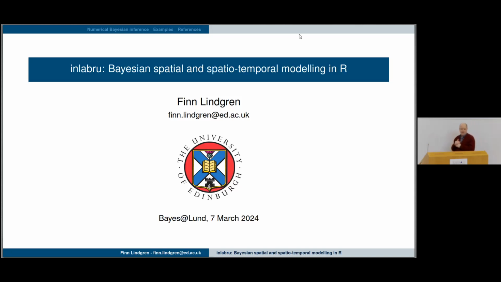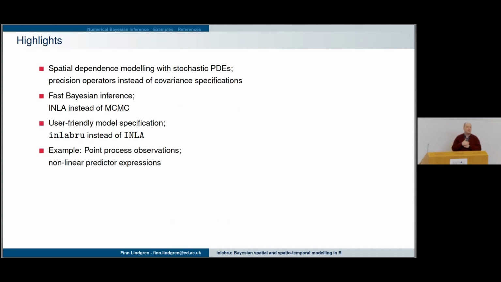So first of all, very briefly about spatial dependence modeling using stochastic partial differential equations. I won't go into the details of that at all, just to show you the basics. The main idea there is that instead of trying to specify the covariance between the values at different locations in space, we specify a precision operator for a stochastic PDE, which, if you've seen the theory for stochastic PDEs, seems like a horrible idea for practitioners, but it turns out to be actually easier. When you're building complex models, it's easier to build them using those, and I'll still understand sort of what